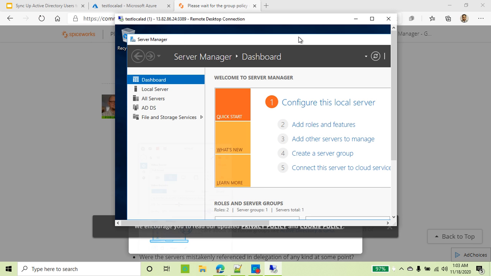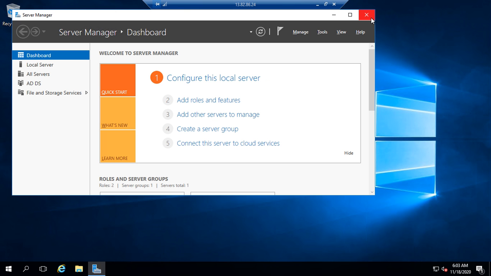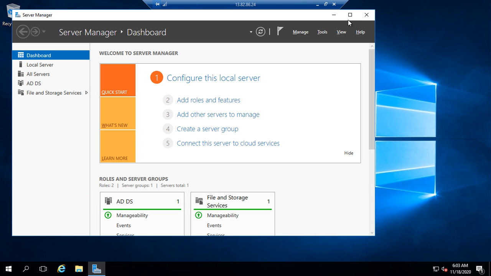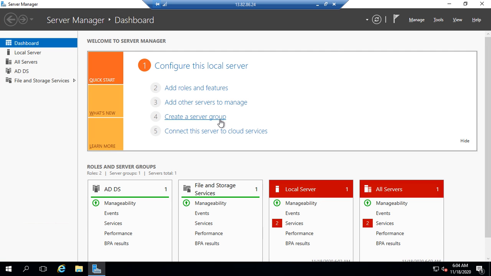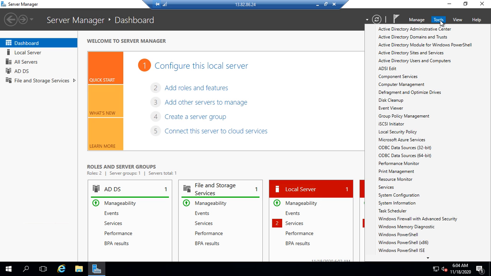Okay, everyone, we are back. Now we are in the server. The group policy update actually took almost 4 or 5 minutes, so just be patient and wait for the group policy to take effect. Now I'm back in the server, and this time I have all the Active Directory roles available to me. What we need to do is go to Tools, and from here you see